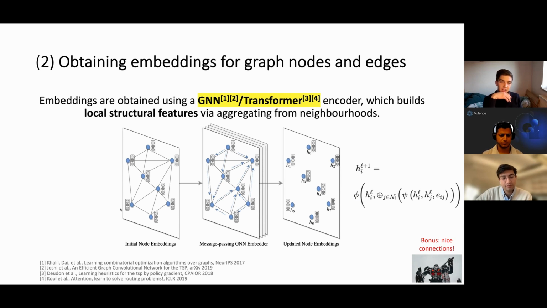Okay. And then just do some message passing, get our embeddings, and then comes the special part of how we use the node embeddings for our optimization problem. Right. All right. Then